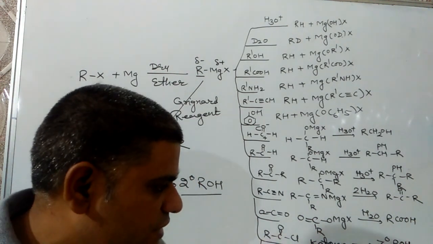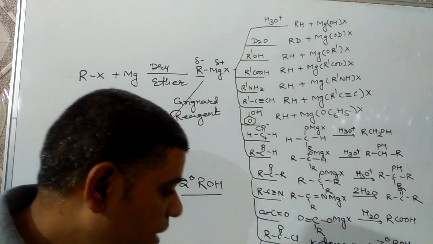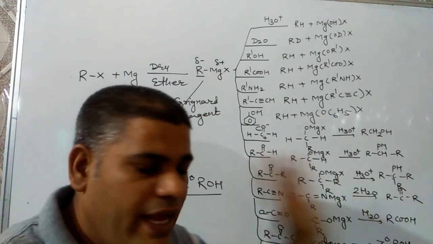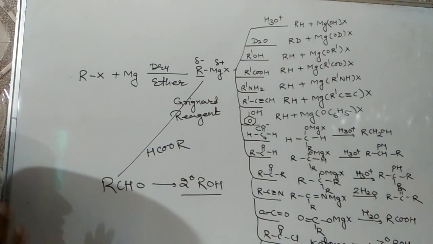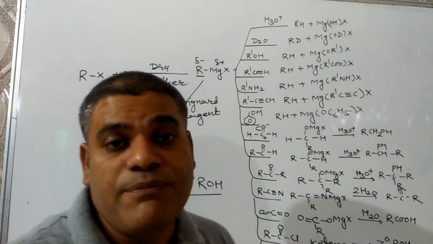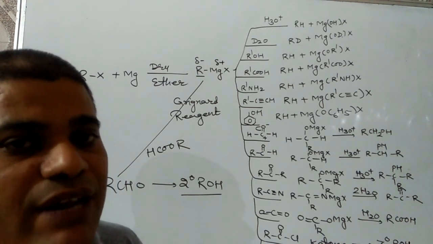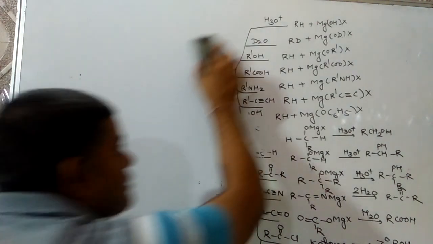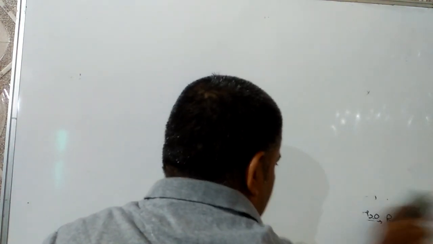Acid chloride first gives ketone, which on further hydrolysis gives tertiary alcohol. Ester will give ketone, which on further hydrolysis gives tertiary alcohol as a major product. Formic ester on hydrolysis gives secondary alcohol. It is a very important topic. Now I am discussing a few conversions which are generally asked in your board exams as well as competitive exams. First question might be: convert normal pentyl alcohol into methane.